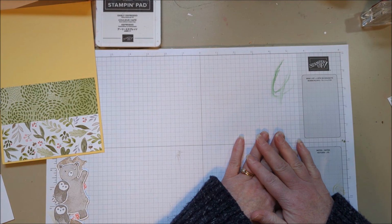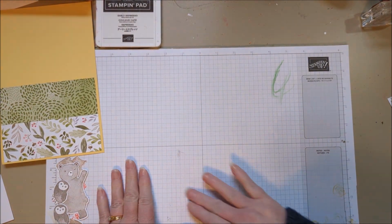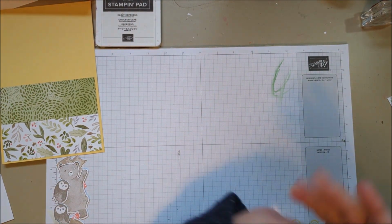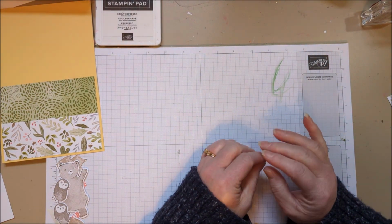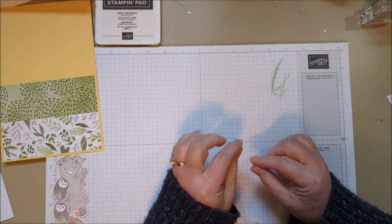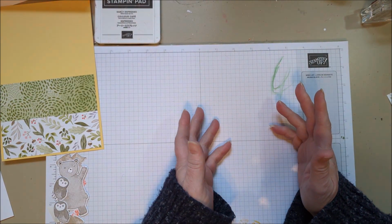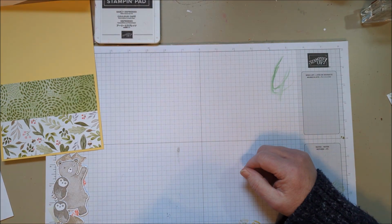Hi everyone. Today I am making some swap cards and I wasn't going to film it, but then I decided I would because there's a little tip that I wanted to show, and I thought I could make just a video of the tip. And then I thought, you know what? I'm going to make a video on the whole card just because it's super cute and I really love the